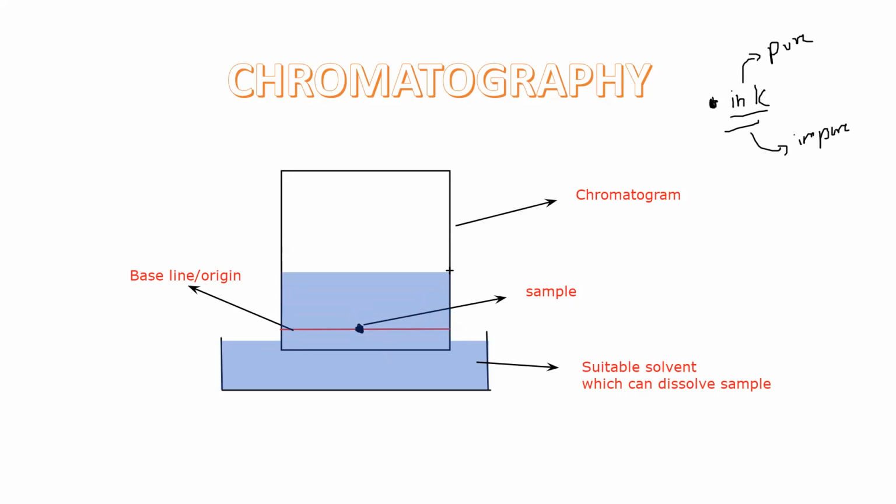Because what happened, this paper has a tendency to soak up the moisture or solvent. The solvent will start to move up. It will rise to a certain point and then it will stop. And as the solvent is rising, the sample will also rise with the solvent, and the sample will move to a new position. As the sample moves to a new position, if we are able to see more spots, or more than one spot,